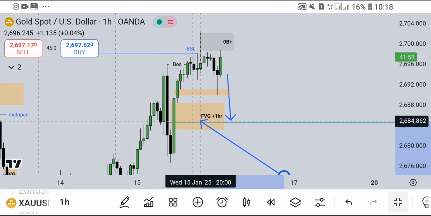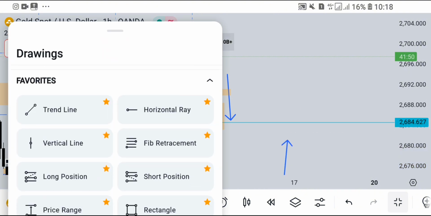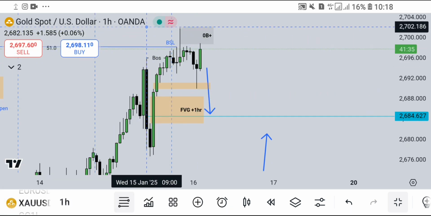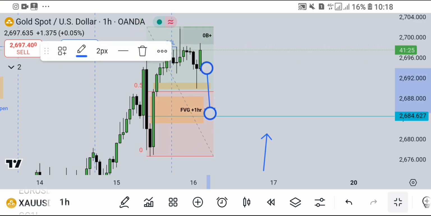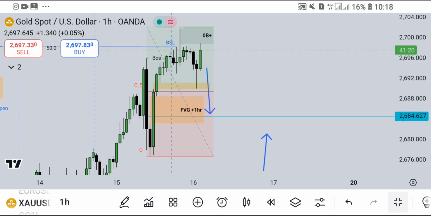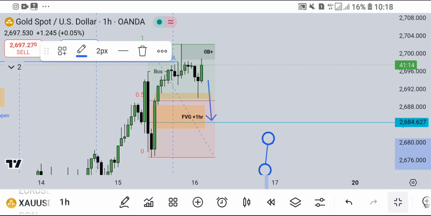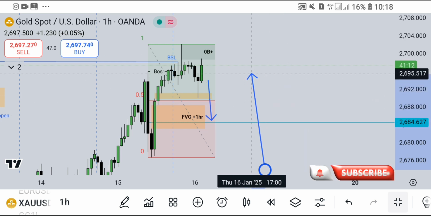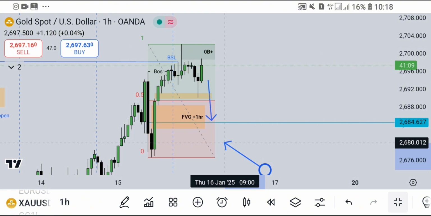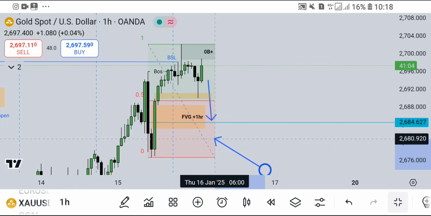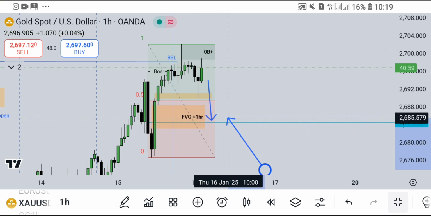Let me take you through it real quick. Sorry to confuse you, but of these two blue arrows, this one is indicating today's direction, the direction I would like to get for today. So this one is my pointer. If I am to get a valid PD array to take the buys and chase December's high, as I showed you earlier in the daily time frame,